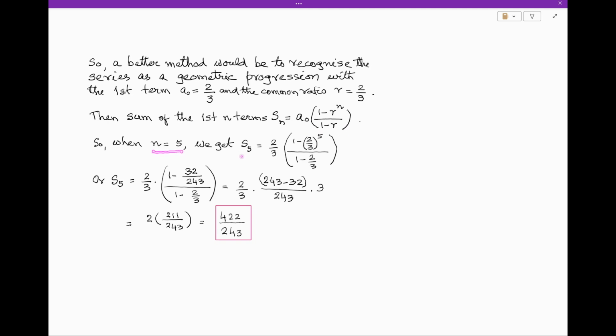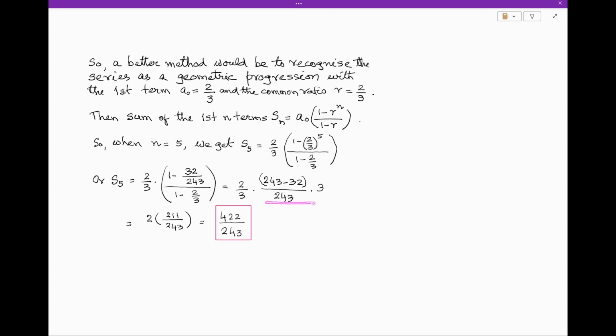So we have to find S5, and that is a0, that is 2/3 multiplied by (1 minus (2/3) to the power of 5) divided by (1 minus 2/3). And that is equal to 2/3 multiplied by (1 minus 32/243) divided by (1 minus 2/3), and that is equal to 2/3 multiplied by